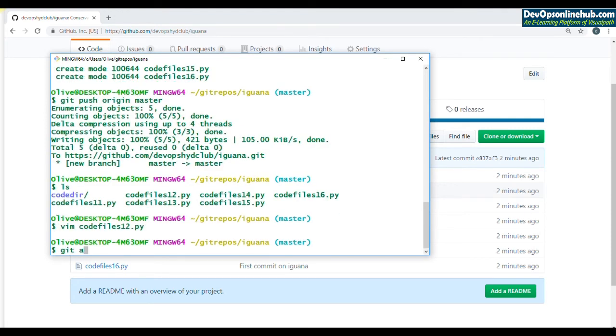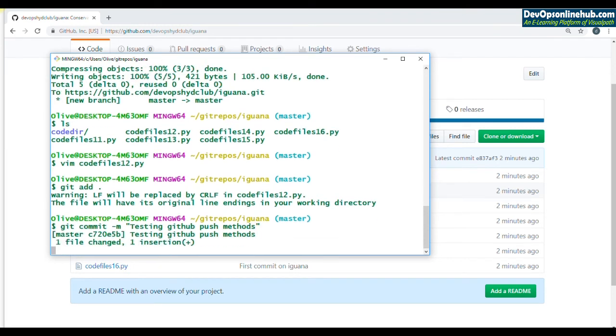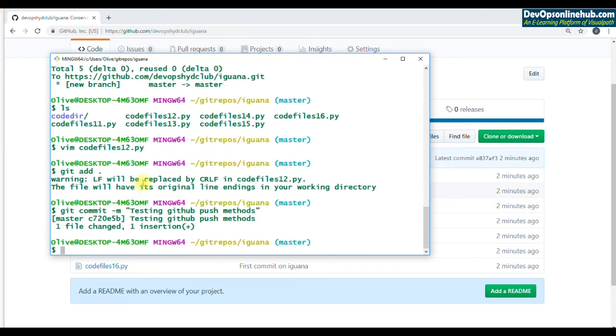Okay, so git add dot, git commit -m testing github push methods. It says one file changed, one insertion. Now this is done locally. Whenever we commit anything, it's done locally in Git. Only when we push the changes will it come back.